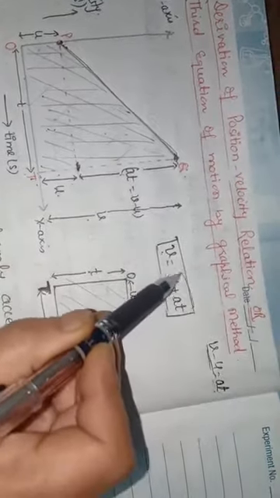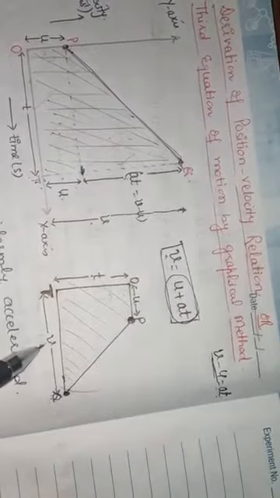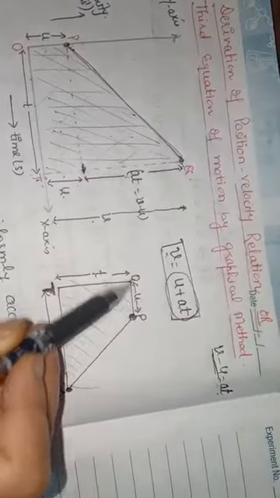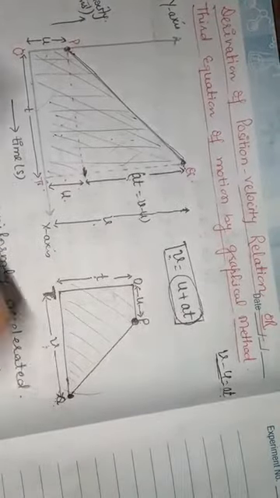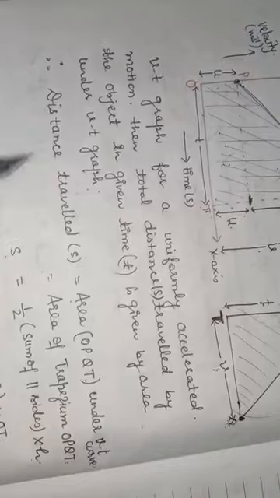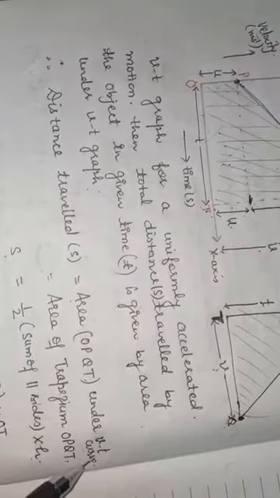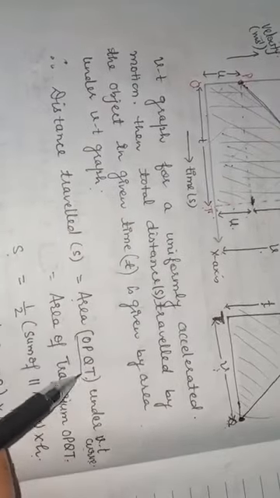So instead of this we will use the final velocity here, that this QT is equal to V, and this part OP is U, and this is the total time interval during which the change in the velocity occurs, that is OT, which is equal to T. So we want to calculate the total distance traveled by the object, that is S, equal to the area under the VT curve, that is, we are talking about the area OPQT. Now this is a trapezium.